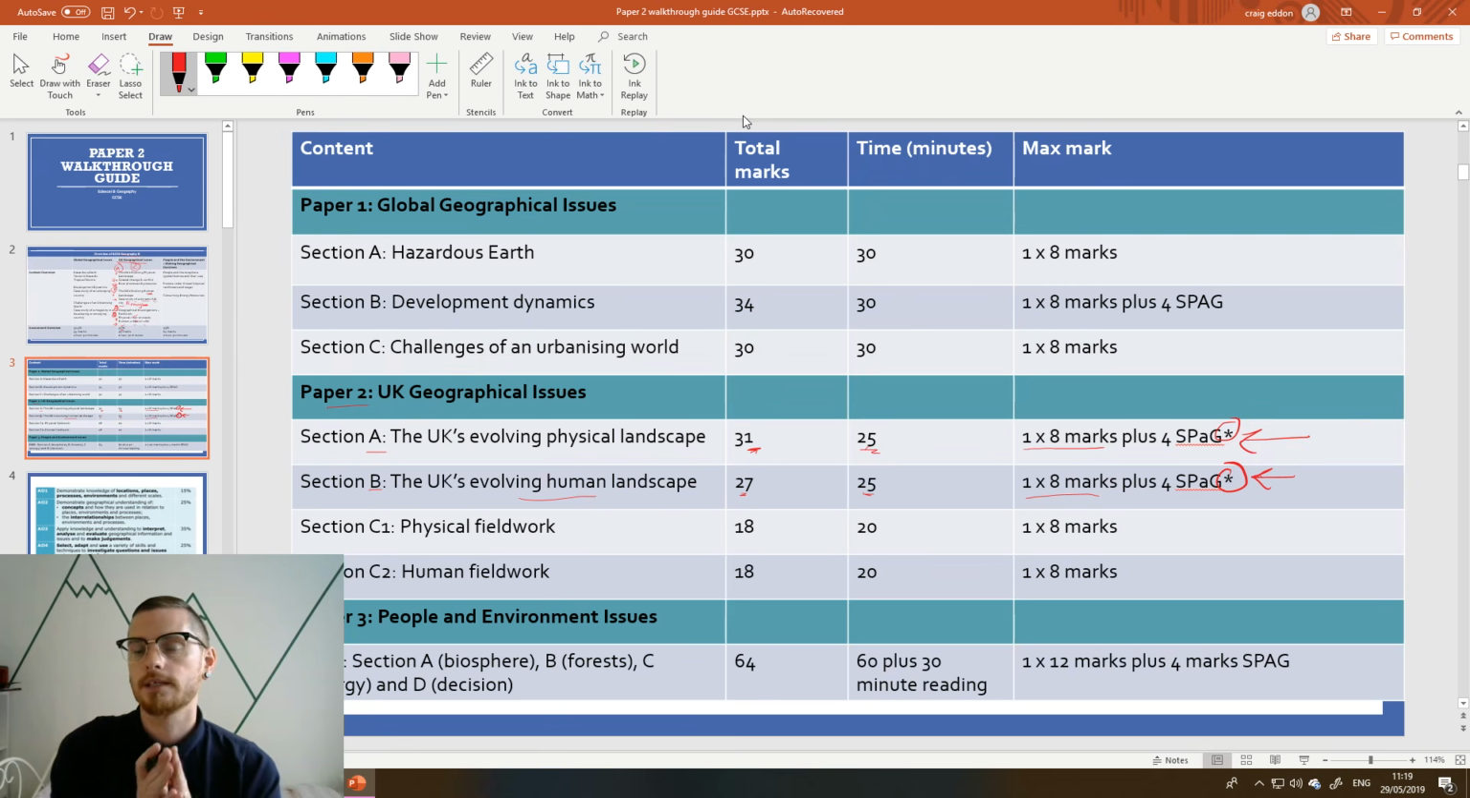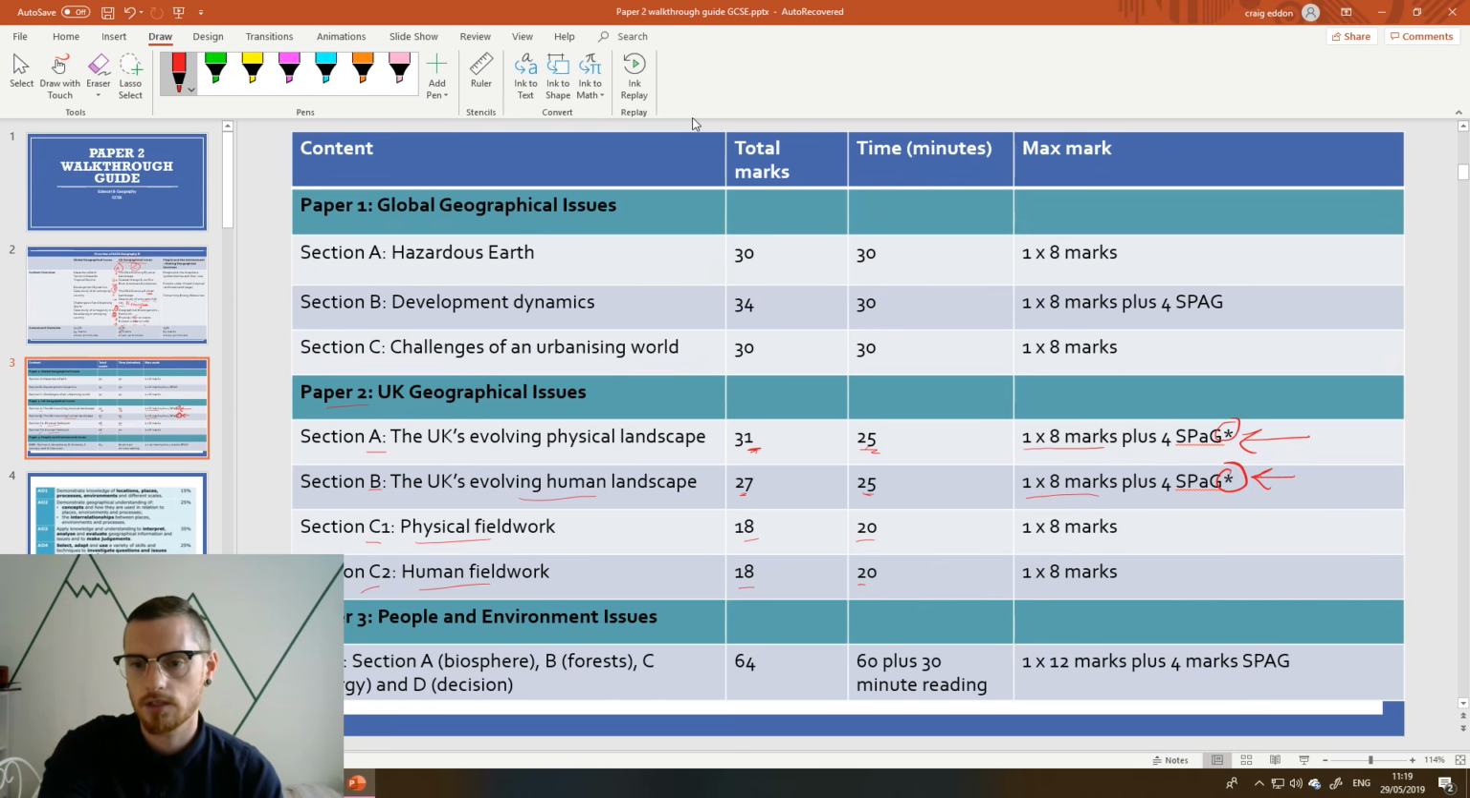My point here is, look at the 8 markers. There will be 4 marks available for spelling, punctuation, grammar, and specialist terminology in either section A or section B's 8 marker. So you will definitely get an 8 marker here and here, and one of these will have the 4 marks for SPAG. Lastly, section C1 and C2, physical and human fieldwork, 18 marks each, and you should spend 20 minutes